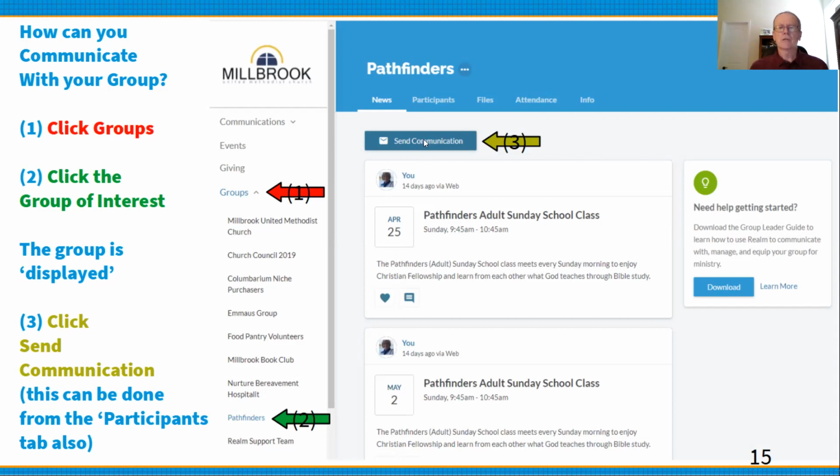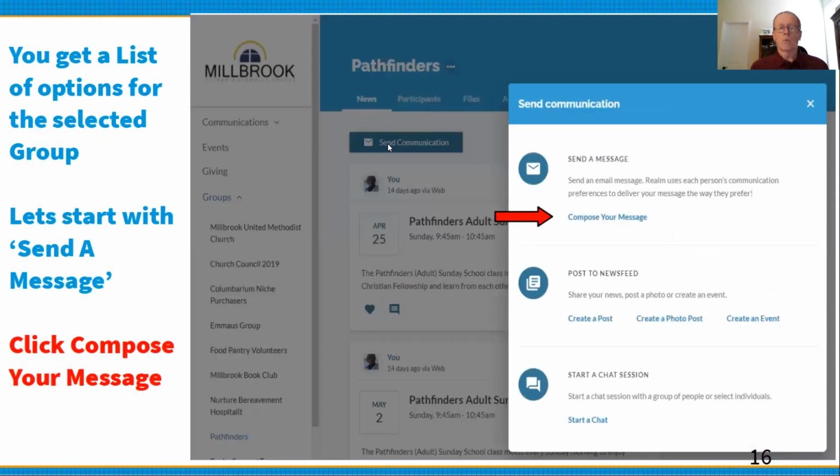This Send Communications button will show up in other places. For example, if you look at the participants, you'll also see Send Communications. You click Send Communications, and what pops up gives you all the choices of ways to communicate with your group. We're just going to go through these real quick. The first one is to send a message, and you would click